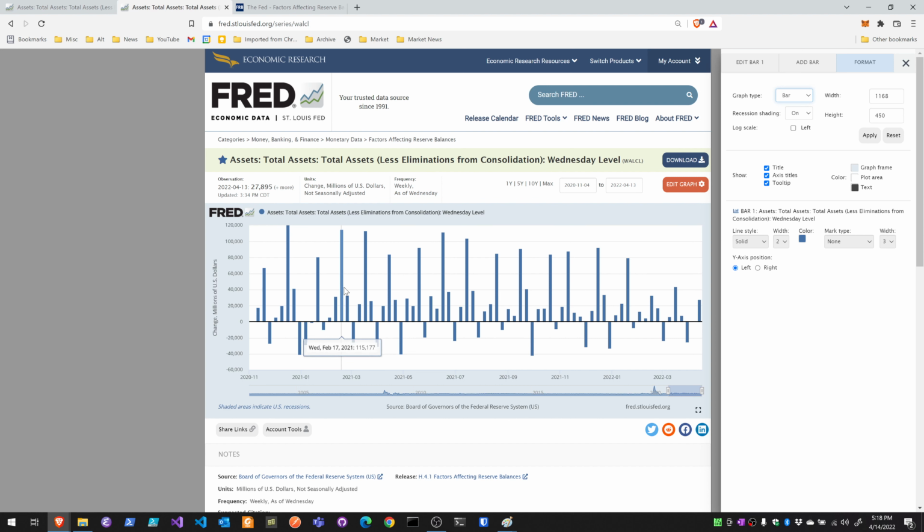It's like they add to the balance sheet, maybe add a little bit more, and then one week they'll subtract, and then they'll add, and then they'll subtract. So when people say, are they tightening it? It's like, well, look,